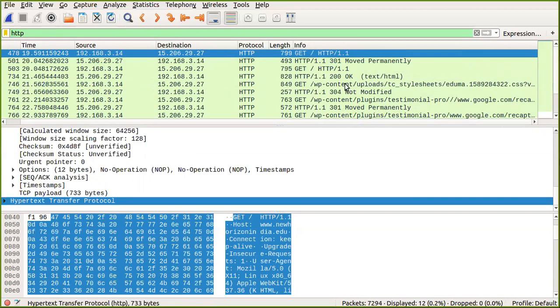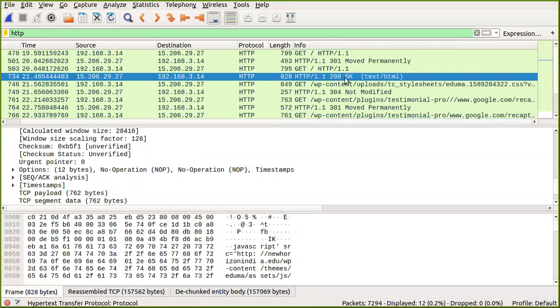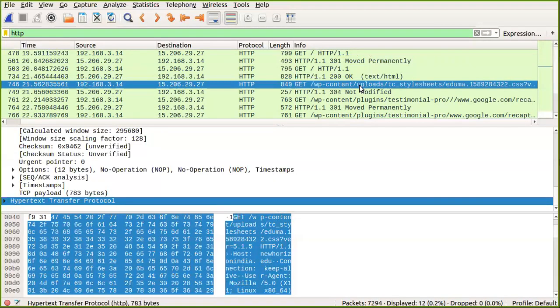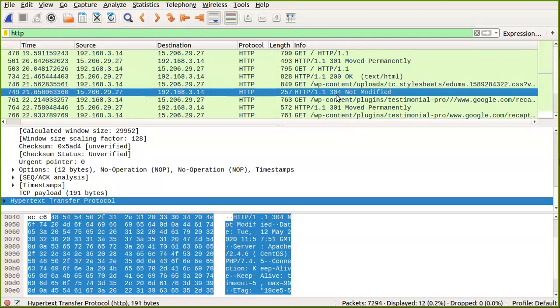So 200, okay, the response code like loading of the text or HTML, and the response is okay, you can actually see it like this. So you can see that the style sheets CSS is getting loaded by means of the get method. It's querying the server, and the server is responding by means of the various requests. So each of the response codes has a different meaning.